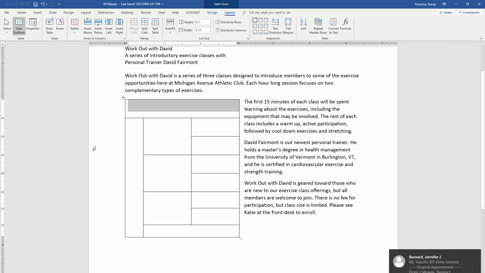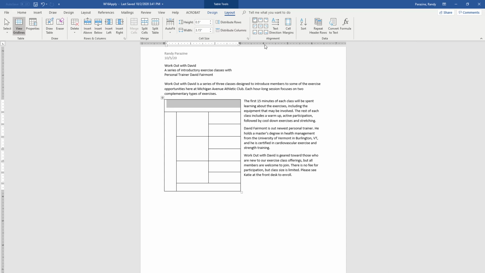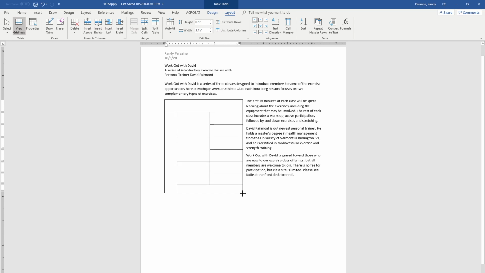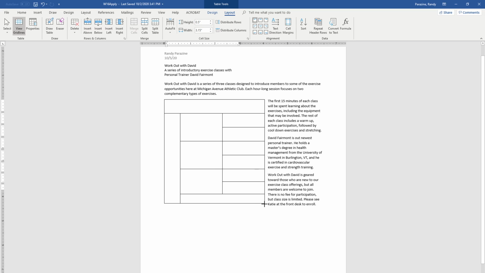Step 14, drag the sizing handle to resize the table so it's about 4 inches wide by 4 inches high. So you can see up here, I'm going to zoom back to where it's at 100%. You can see you have your ruler up here, and we want to drag this down to where it's about 4 inches by 4 inches. Doesn't have to be exact, and we may have to make some adjustments later, but should be approximately 4 inches by 4 inches. And then step 15 says to enter the text as shown